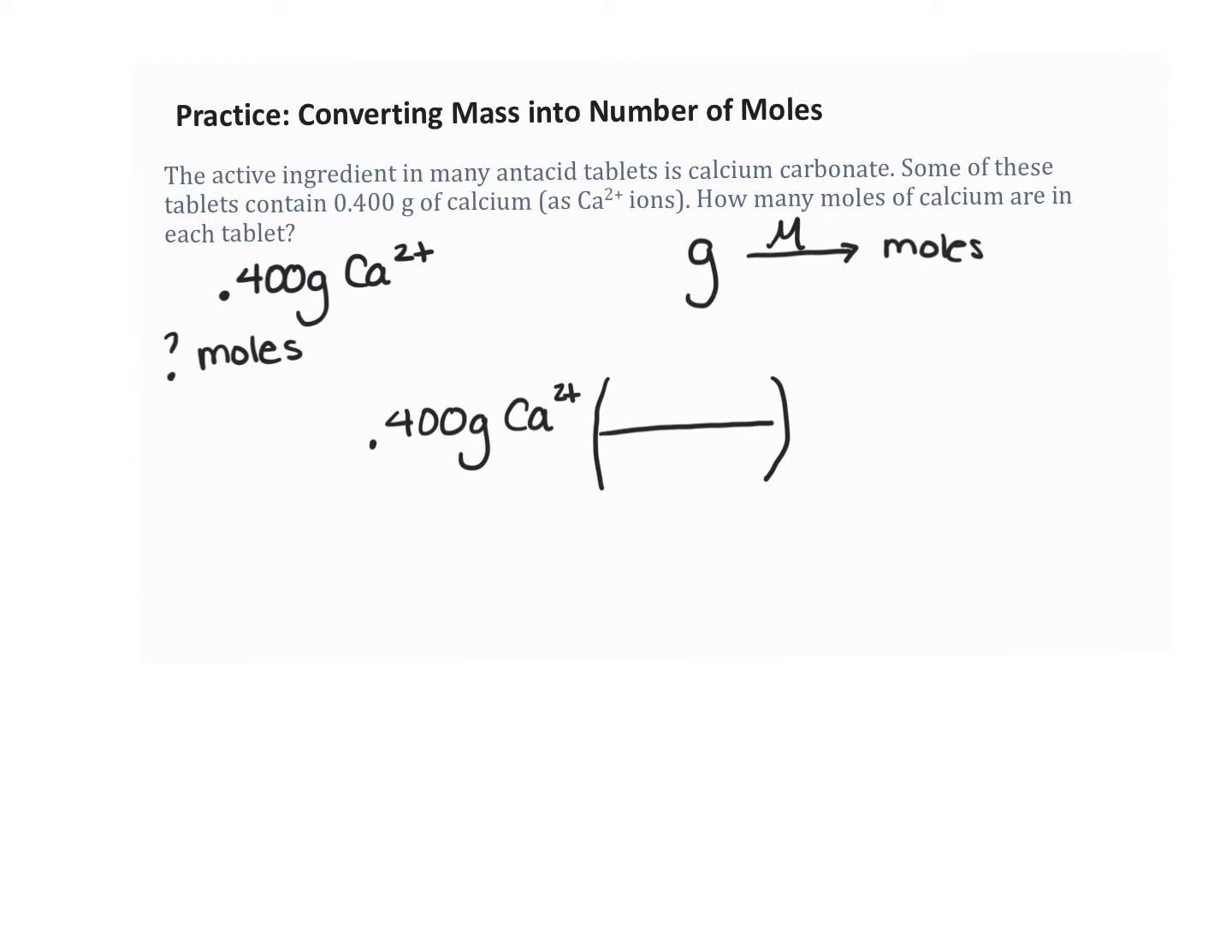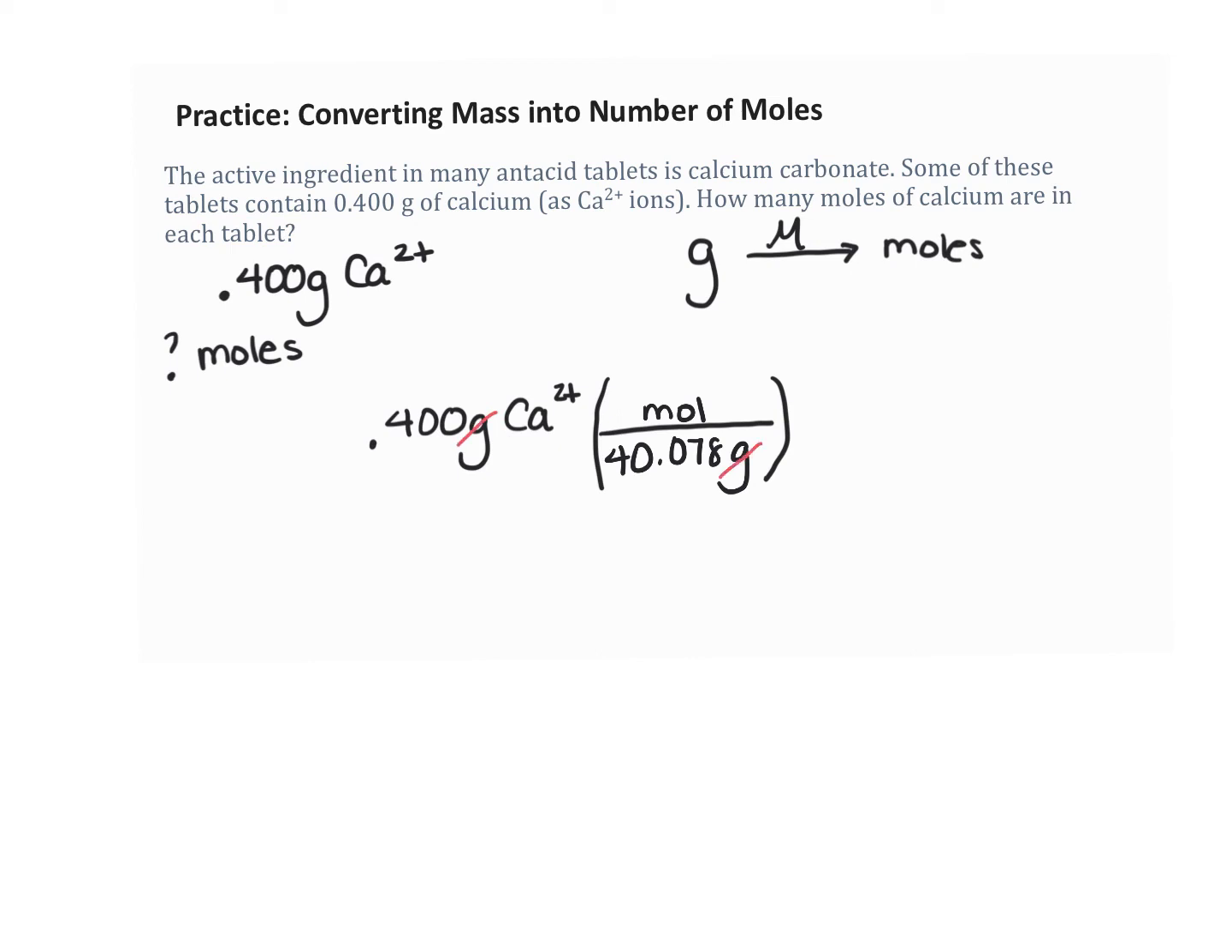Now, you're going to notice there's a +2. That's because this calcium has lost 2 electrons. Electrons don't weigh very much, so that doesn't affect the molar mass in any way. So we can just go, great, that's 40.078 grams per mole. Now in your calculator, you're going to take 0.400 grams and you're going to divide it